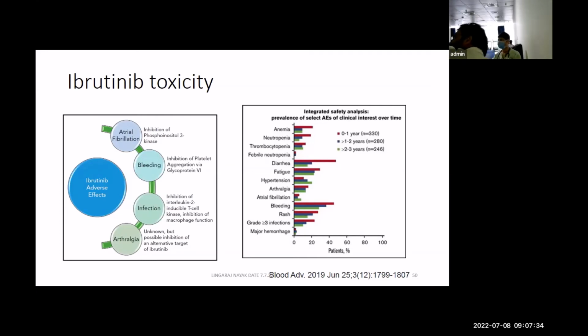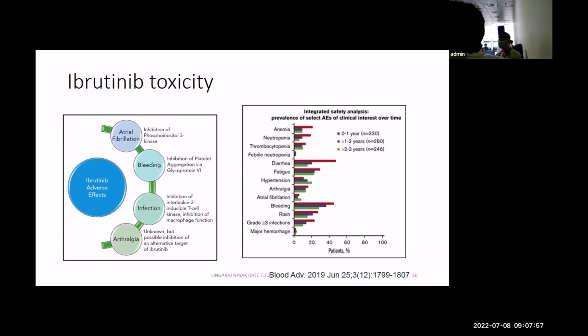But there are certain toxicities, like hypertension. You see as the duration increases, the hypertension increases. If the patient takes 2 years, 3 years of treatment, then the amount of new hypertension will be high, almost 30 to 40%. So you have to keep in mind that if a patient taking ibrutinib comes after 2 years, the chances of hypertension are very high. So you have to be more vigilant in checking the blood pressure.